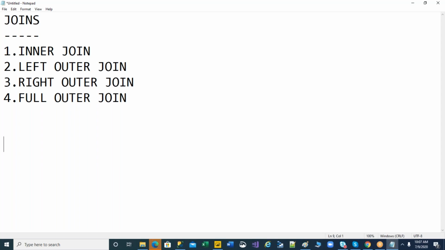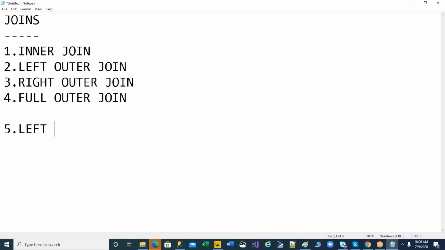So these are the joins which your database can support: left outer join, right outer join, full outer join, and inner join. Apart from these four,